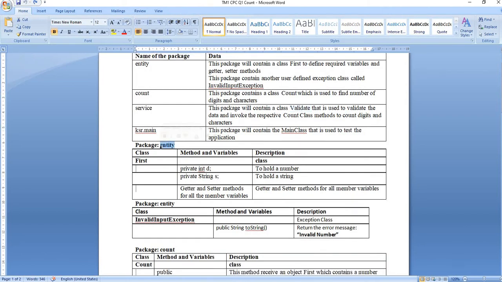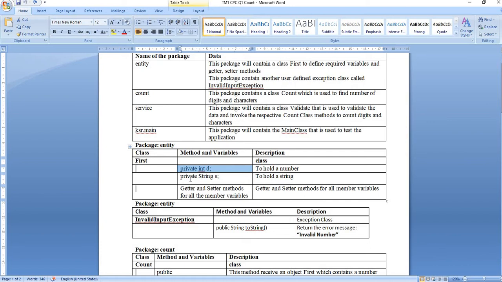So the package entity contains the class named first. The class name should be first, and it should contain the variables int d and string s, which are private. And in order to get the input and in order to return the value, we are in need of getter and setter methods for the variables d and s.